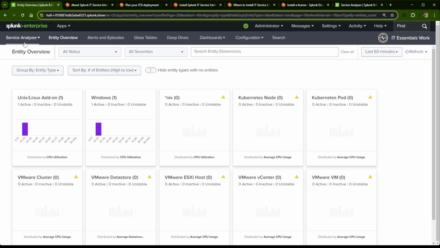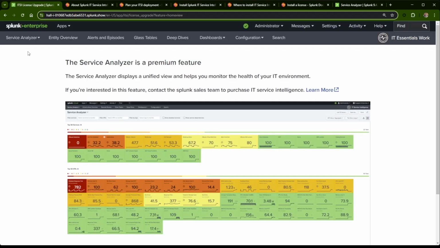But there are other sections here like Service Analyzer, Glass Tables, Deep Dives. These are all features of IT Service Intelligence. So if I click on Default Analyzer from the Service Analyzer menu, you can see this is a premium feature. Now, once your team,